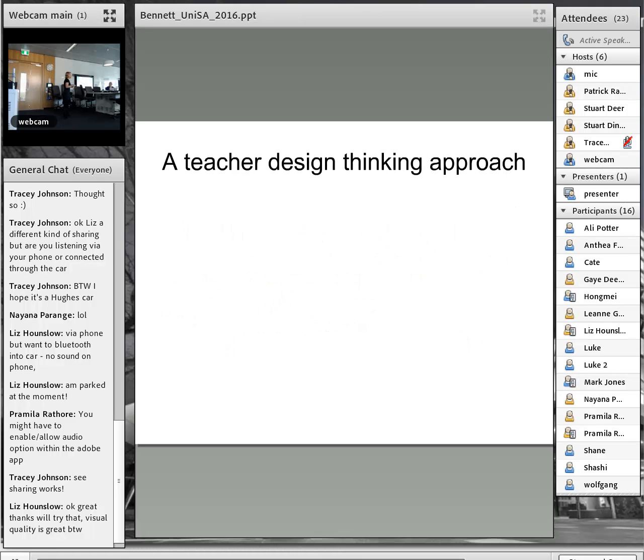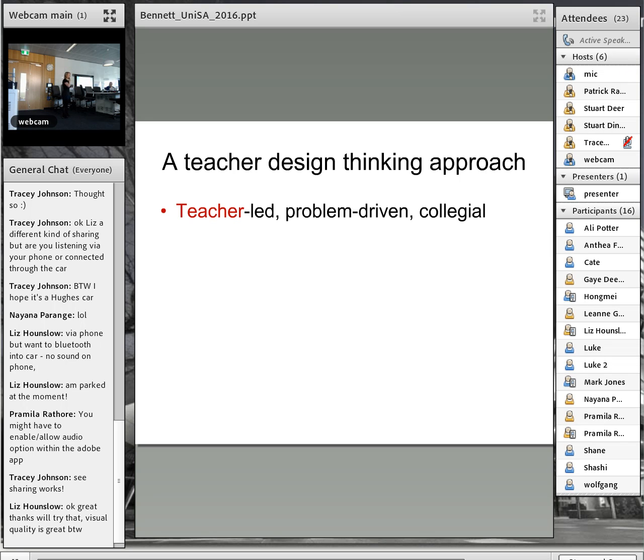Okay, so what would a teacher design thinking approach look like? So this is where I try to get out of my researcher space where I say it's all messy and complicated and there's lots of stuff we don't know. So this is a bit of my own leap to thinking, well, if we were going to take up Peter's design challenge to make universities more design savvy, what would that actually mean?